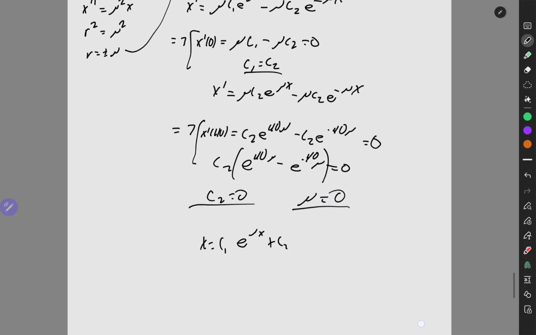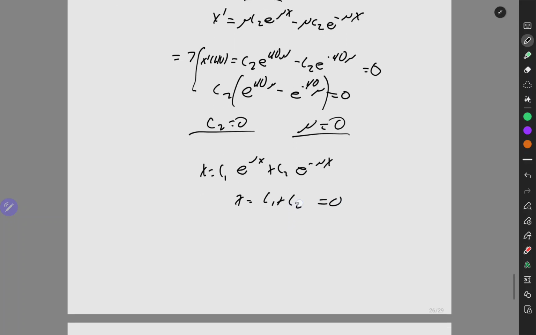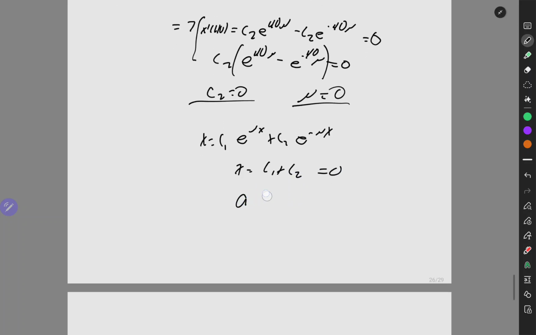Oh wait, C2 e to the negative mu x. Even if you plug in 0, we're going to be left with, and they're both 0, so it's always going to be 0. So it's always trivial. We don't want that. So then we're going to look at the next